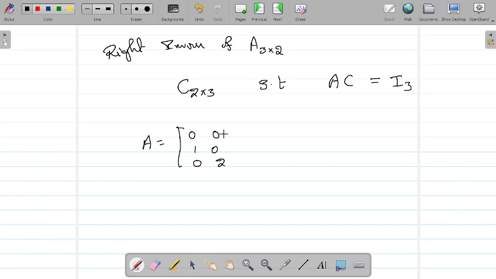And tell me what is C. Sir, identity matrix would be I 2 by 2 matrix, I think. What is it? She's saying identity matrix will be I2 first. But I think it's 3. How is it going to be I3? See, A is a 3 by 2 matrix and C is a 2 by 3 matrix. So when you take the product, I'm talking about the right side multiplication, A multiplied with C. So that's going to be a 3 by 3 matrix only, right?